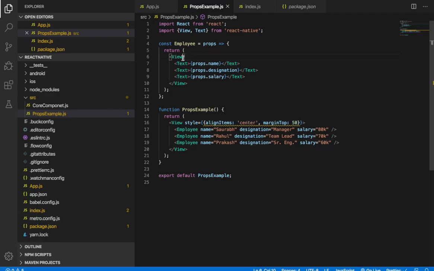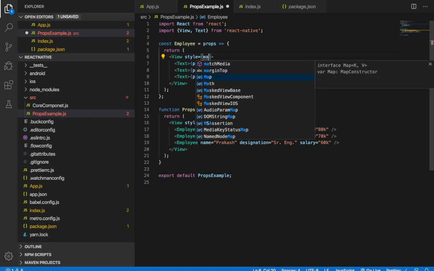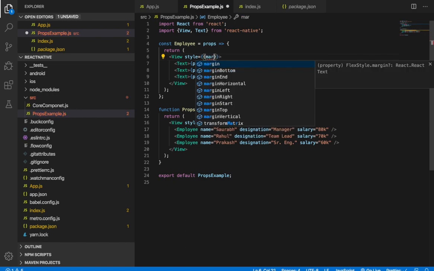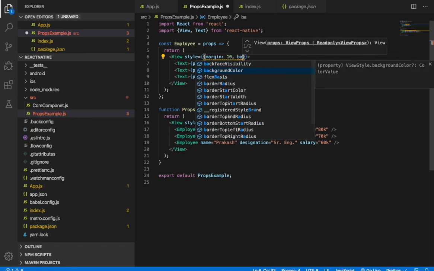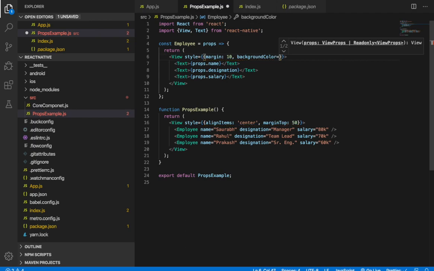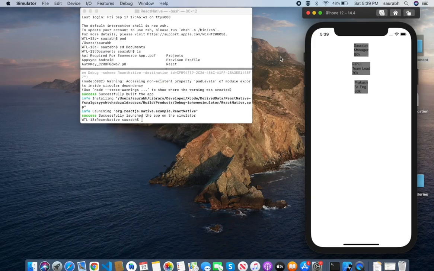Let's put some styling here, margin 10, background color gray, okay.